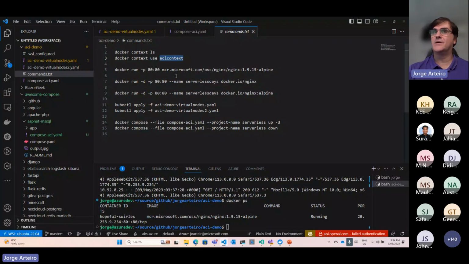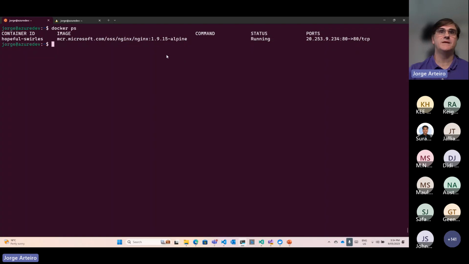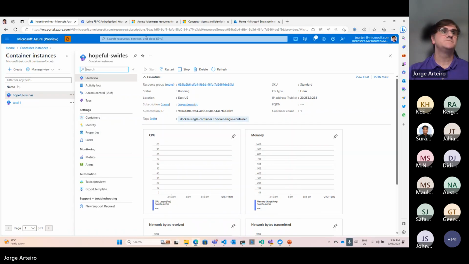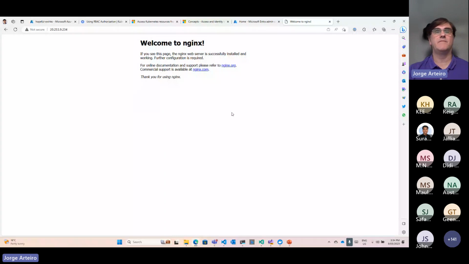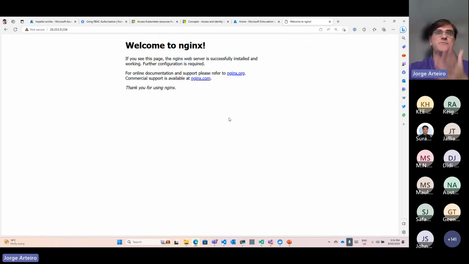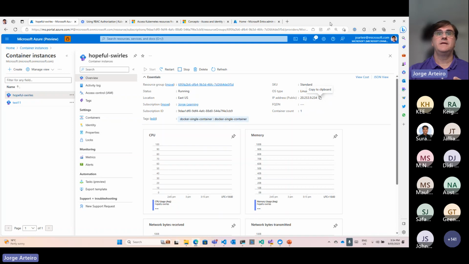Okay, you can do that with other clouds as well. I'm showing you on Azure. And then when I run that command with this context, I'm running that on Azure. That's exactly what happened there. And then if I get this IP number, I think I have this running there. I have Nginx, that's like a web HTTP reverse proxy where I can deploy my web application. There is nothing running here, but you could be deploying your application here. Okay, that's very, very simple to do.